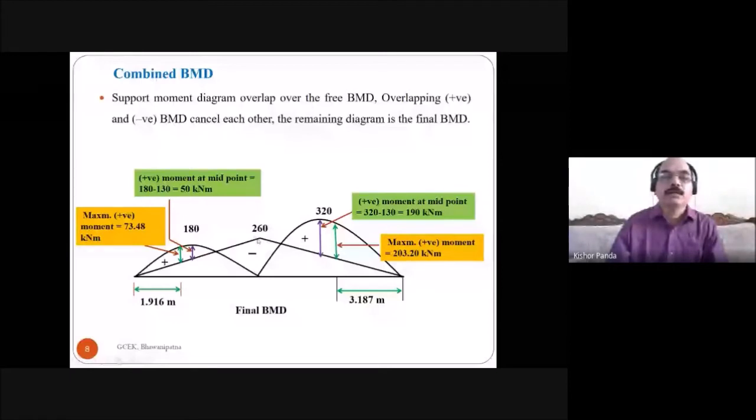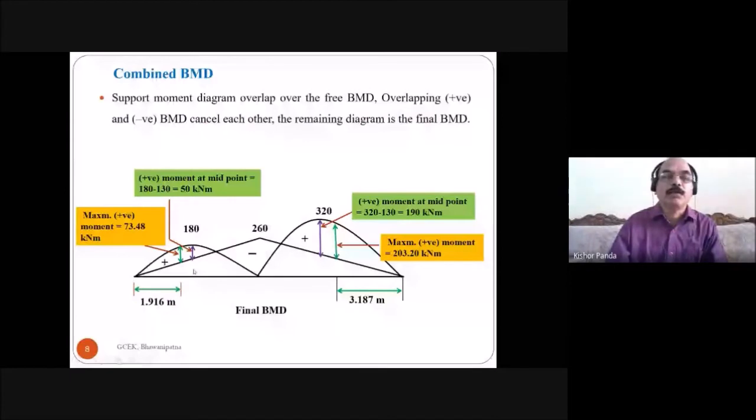If this side is your 260, and this is your X, so this is the same base and this is the same angle. So you have to take this side by this side is equal to this side by this side. X by this distance 3 is equal to 260 by 6. Then you will find out what is the X value.